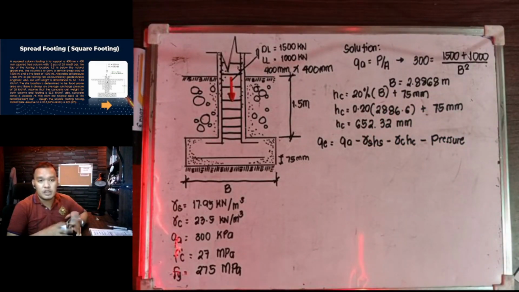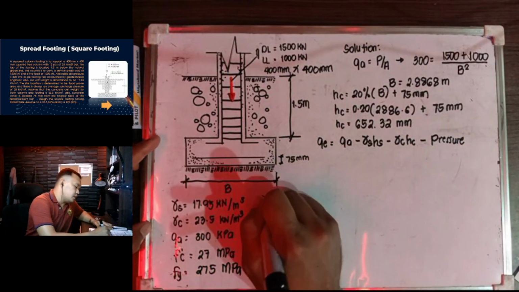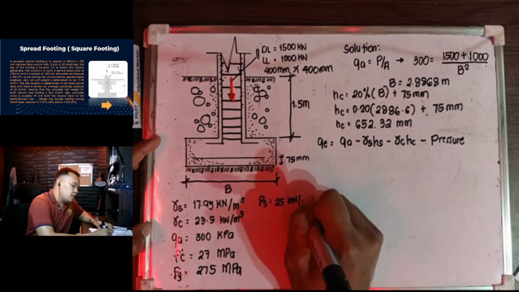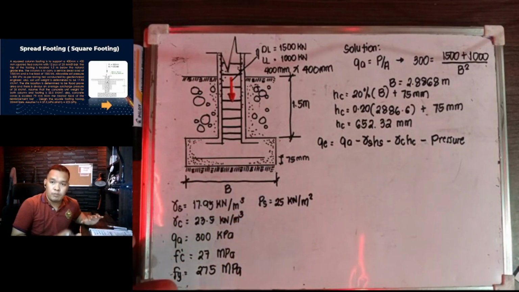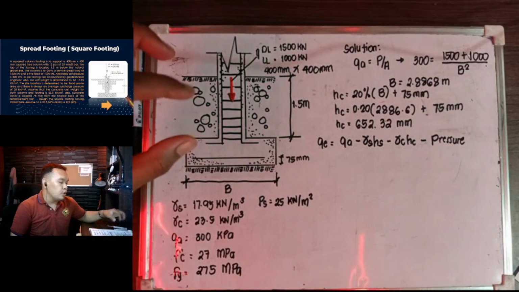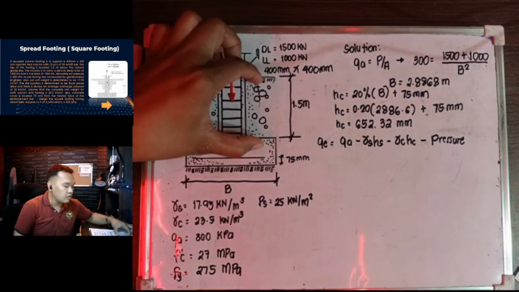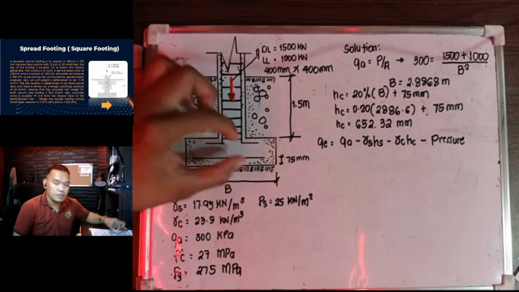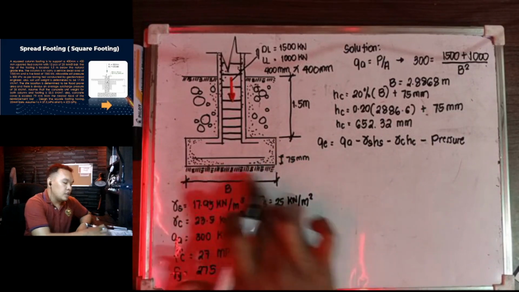Okay, so based dun sa given natin, may pressure tayo na 25, no? We have surcharge pressure, 25 kilonewton per meter squared. Okay, so pwede na natin computein yan, no? So, yung allowable soil pressure natin minus yung unit weight times height ng soil natin, tapos yung unit weight tapos yung height ng concrete natin. Ito 'yon, no? Yung height nito plus height nito minus nun para makuha natin yung actual pressure na effective dito